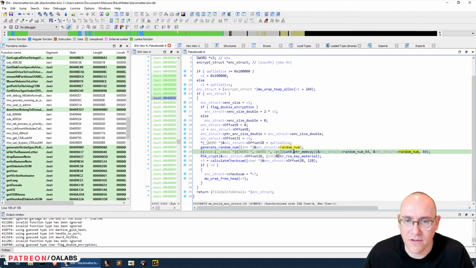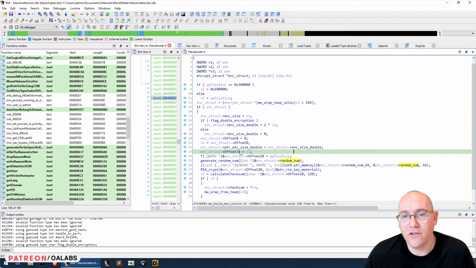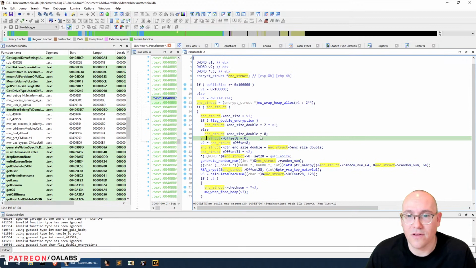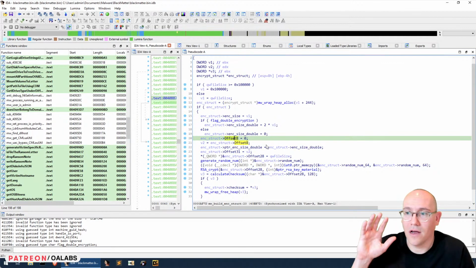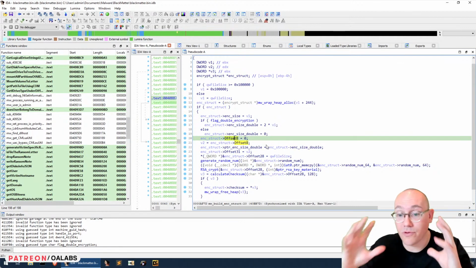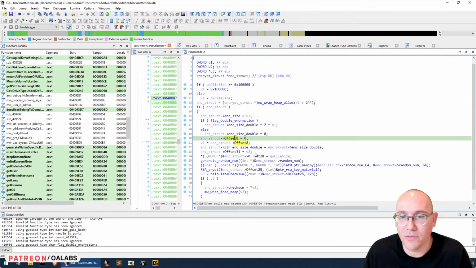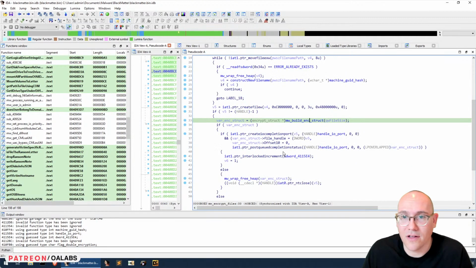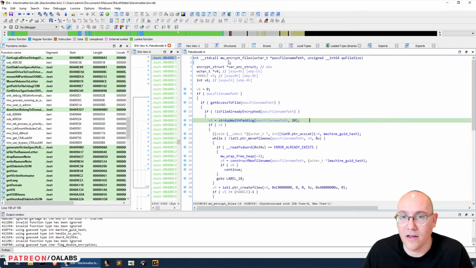I think they do a checksum. Anyway, a bunch of values are added to the struct. You can see some of them I still haven't annotated, but it doesn't matter too much because I don't want to talk about the actual encryption too much. I just want to talk about this process of using the IO completion ports and how to reverse engineer it, because if you haven't seen this before, this trick is going to save you a lot of time. So they basically set up the values for that struct in this encrypt files